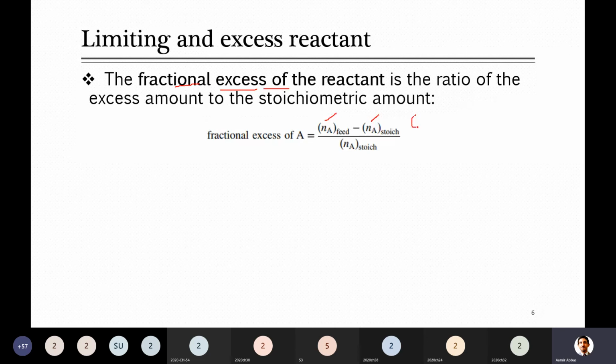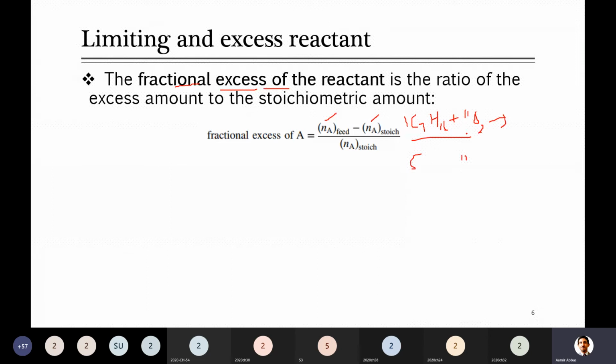For example, there is an example of C7H16. It reacts with oxygen, and there were 11 moles of oxygen. As per the balanced equation, you have seen this equation yesterday, it produces CO2 and water. I'm not writing the other side of the equation. So here, as per the stoichiometric equation, I need only 1 mole of this heptane, and in the reactor, for example, 11 moles of oxygen enter and 5 moles of heptane enter.